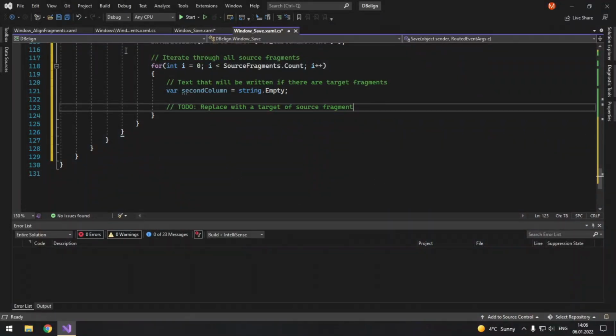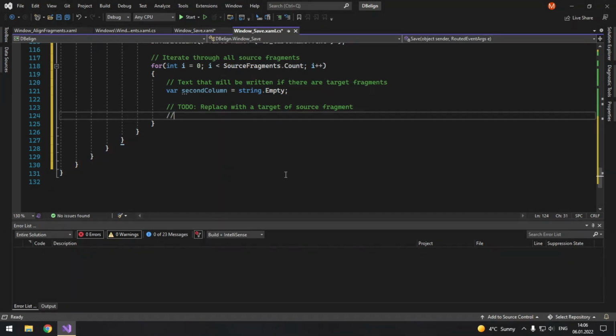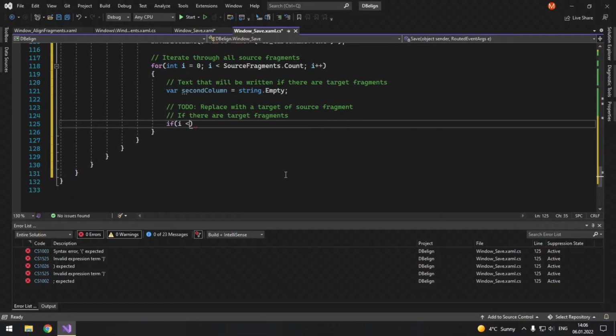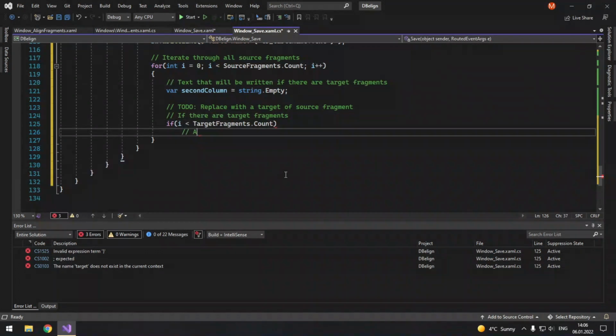What I plan to do is have some custom matching, but for now, if there are target fragments, so if i is less than targetFragments.Count, then we add tab, which is like this, and target fragment.